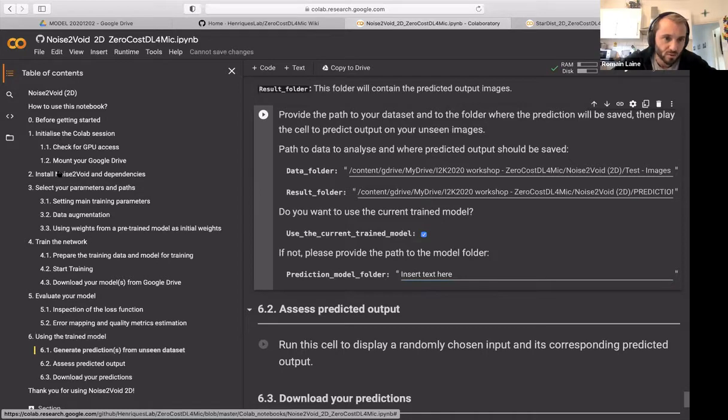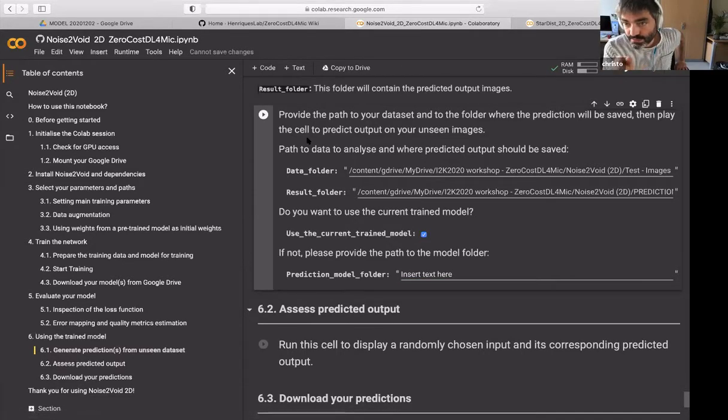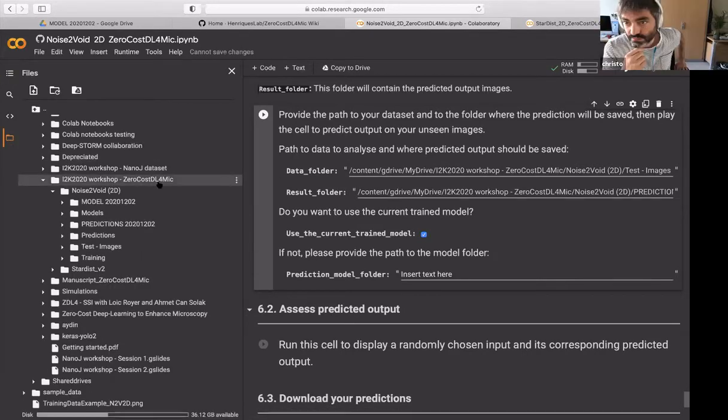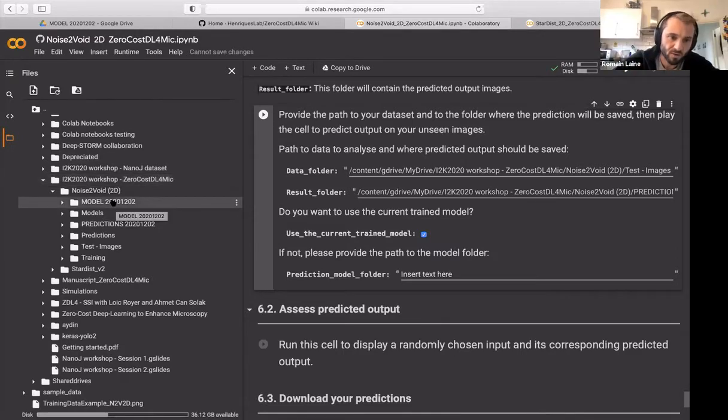So 1 and 2, and jump from 1 directly to 6 if you're gonna be running predictions and not retrain. What do you call the path to the model? Is the path to the folder? It's the path to the folder. Or the path to a particular file inside the folder? No, it's the path to the folder because it will need to also fetch some other files into the same